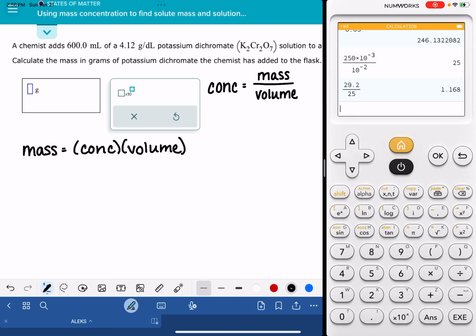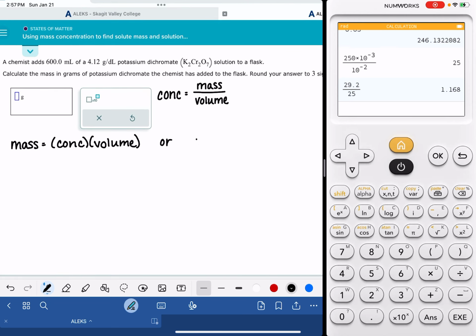Now, if you are looking at the other version of the problem, which is asking you to do a volume calculation, then you want to do a slightly different mathematical rearrangement. Maybe it's easier to see if we're looking at this version of the equation right here. If you're looking at the other ALEKS problem where you are being asked to solve for volume, that is going to be done by taking the mass of the solute and dividing it by the concentration of the solution